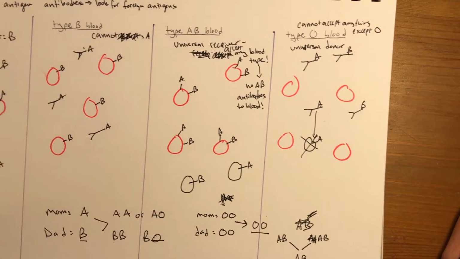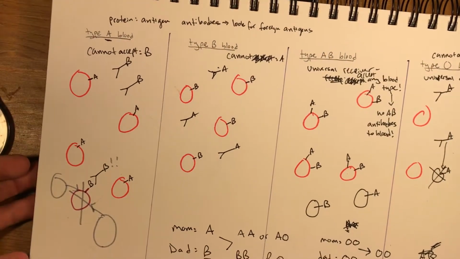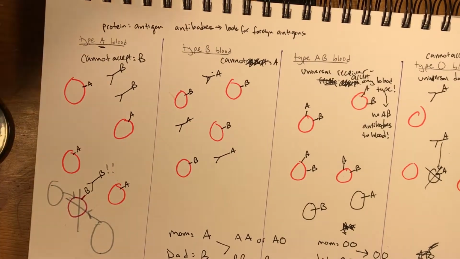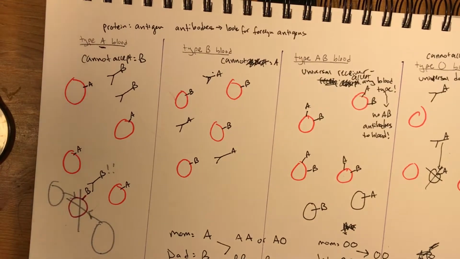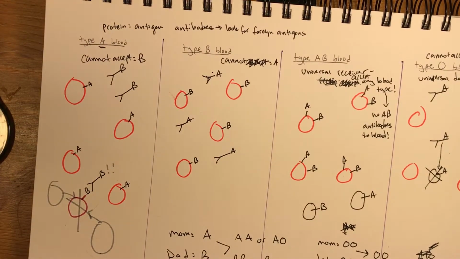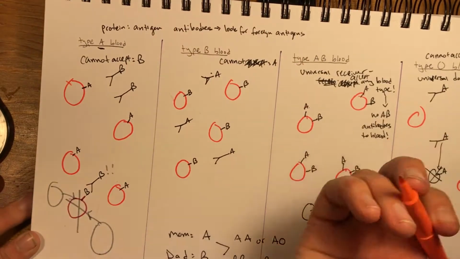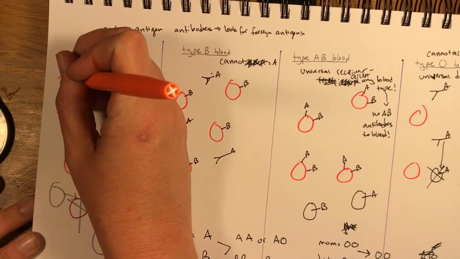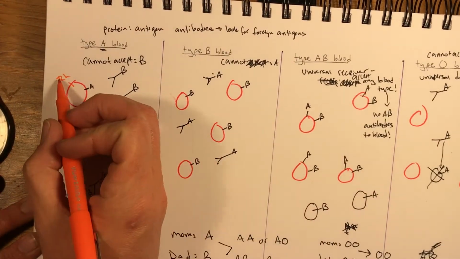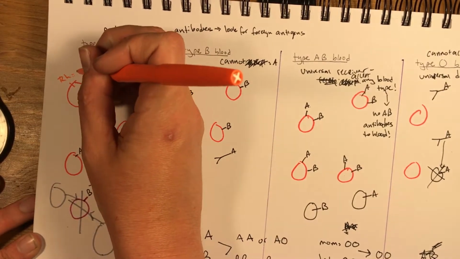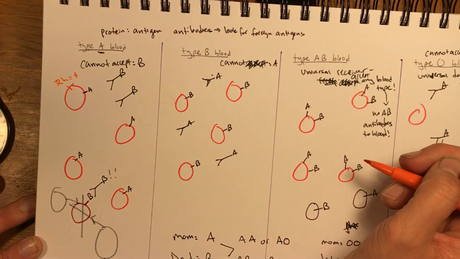Now you might be wondering, what about if I'm B negative or I'm AB positive? What does that mean? So that's another blood typing system called the RH factor. It's called RH because it's named after the rhesus monkeys, because that's where it was first discovered. And there's another protein on here, called the RH factor. If you have the RH factor, then you're considered positive. You're positive for the factor, okay?